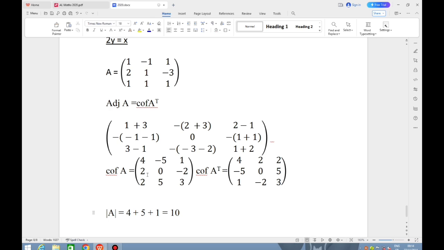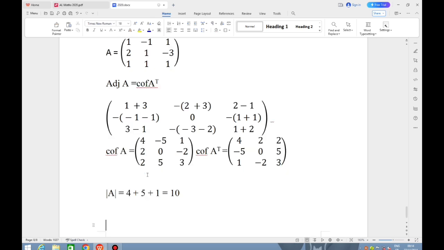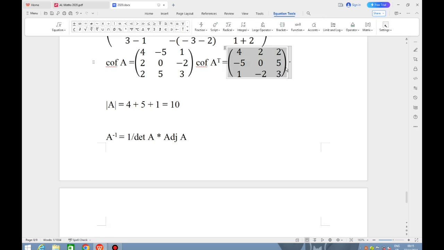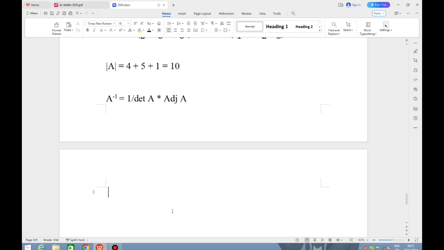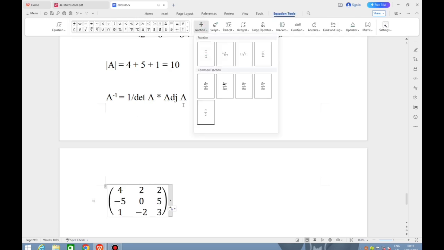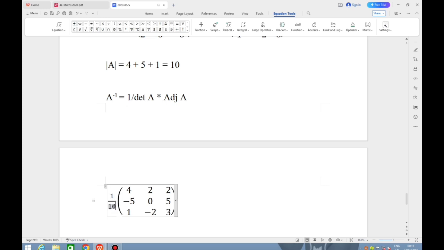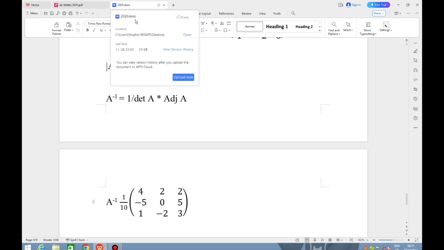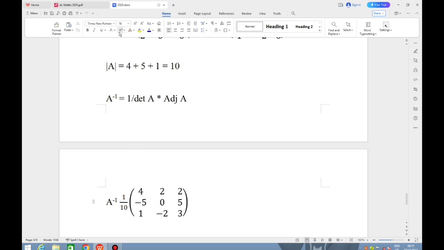Alright, so from here we proceed to find the inverse of A. The inverse of A, let's call that A inverse, is simply equal to 1 over the determinant of A times the adjugate of A. So that's simply going to be equal to, copy the adjugate of A, Ctrl C, Ctrl V. Then here is the determinant, so 1 on 10. 1 on 10 times this is going to give us A inverse. And this is going to be equal to